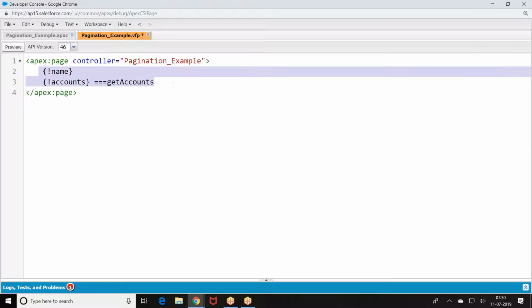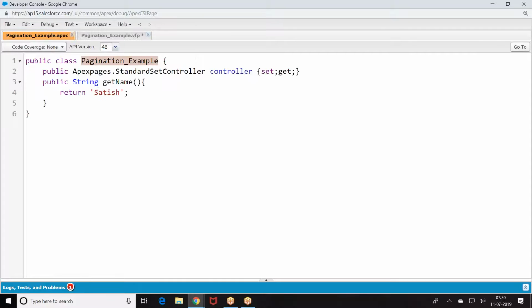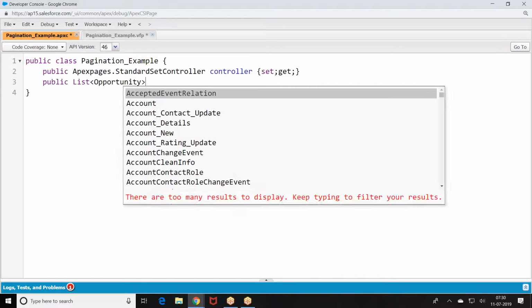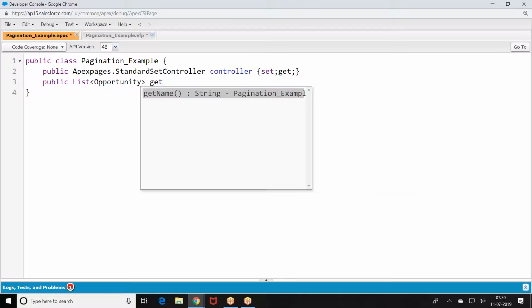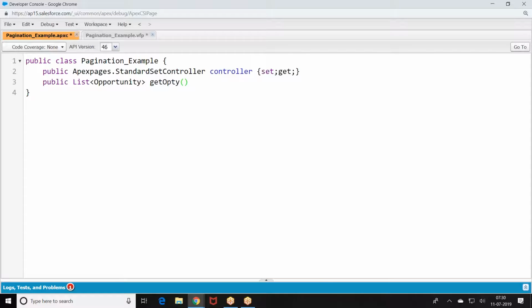Similarly, now I have a story here. I have public variable, opportunity, get opti. So if anybody calls get opti, it is supposed to return you a list of opportunities.